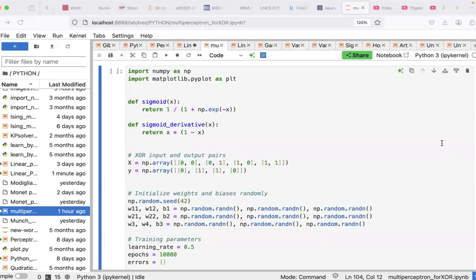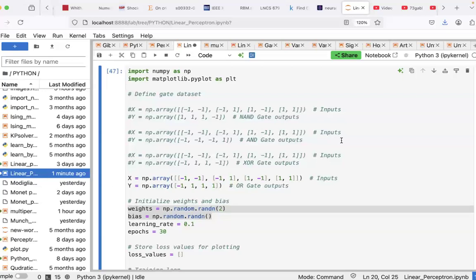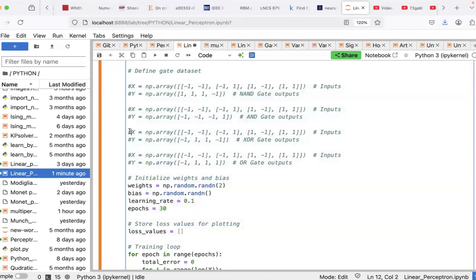Okay, I want to go now over the Jupyter notebook to train a deep perceptron, or a multi-layer perceptron, to model the XOR gate. Why do we need the deep perceptron? Because if we go back to our Python code to train a linear perceptron for Boolean gates, this is the linear perceptron. If we want to train an XOR gate,